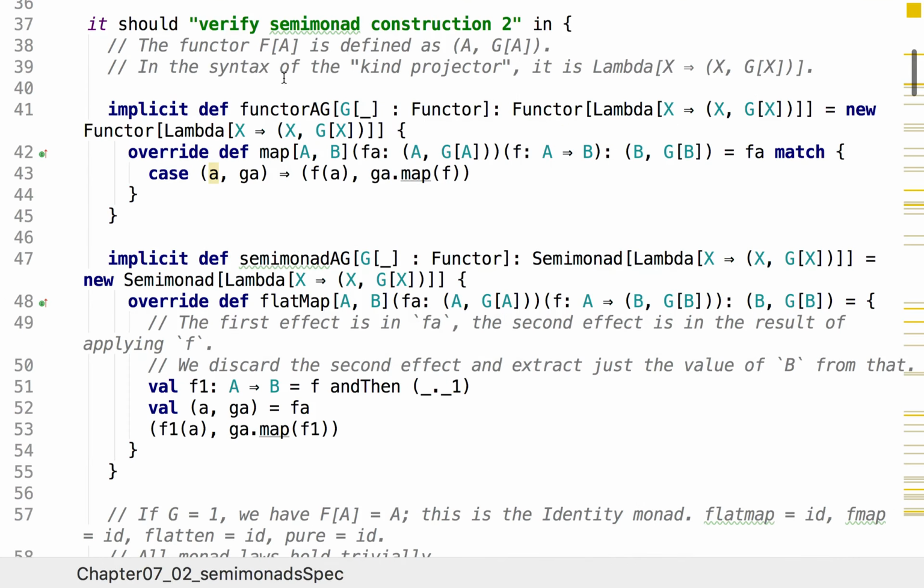So how do we show this? First of all, we need to define a functor instance for this, and then we will define a semimonad instance. To define the functor instance, we need to produce an implicit value of type functor of f. But actually f is not defined as a type constructor, because we have this arbitrary functor g. So we cannot define a type constructor f without first defining a g